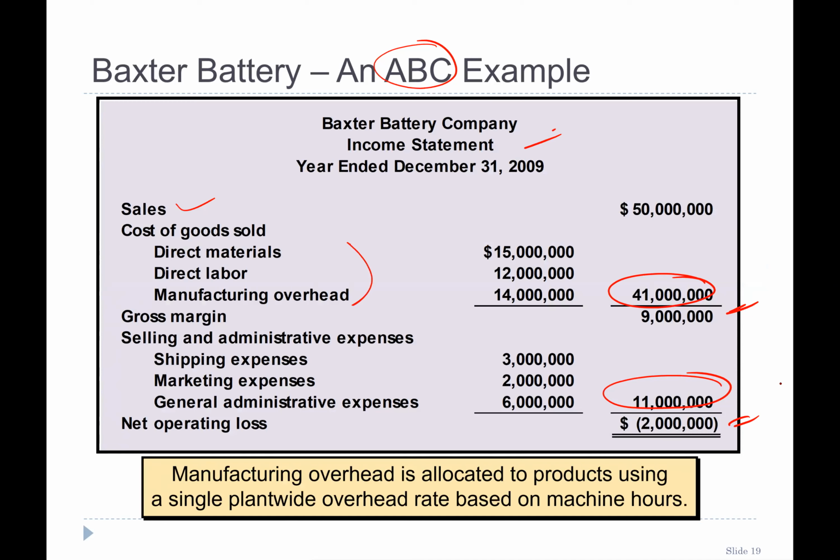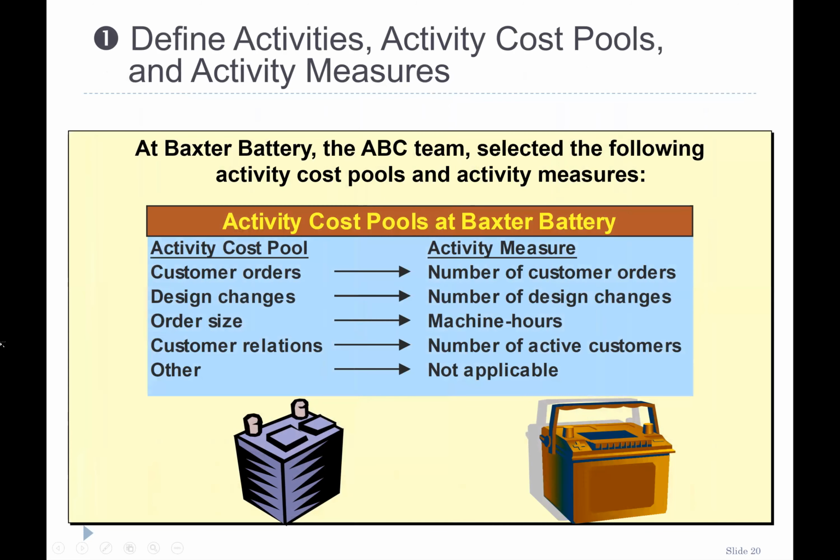Manufacturing overhead is allocated to a product using a single plant-wide overhead rate based on machine hours. So this manufacturing overhead is calculated based on machine hours, not ABC. So let's talk about this. At Baxter Battery, the ABC team, which are the consultants or researchers who